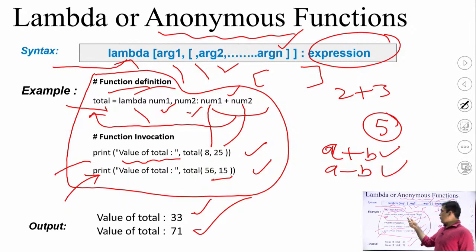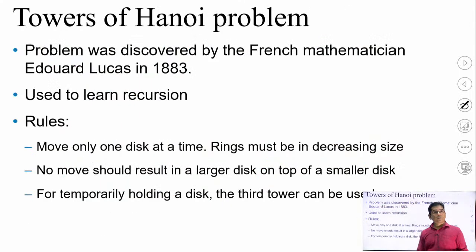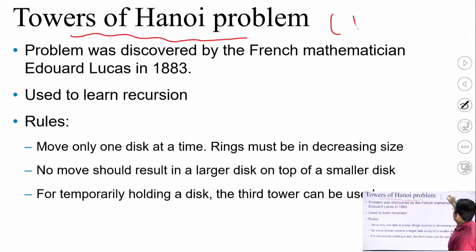Then the values have been passed, and the expression has been returned as an output, which is stored in the variable, and we get the output as 33 and 71. Okay. This was all about the lambda function or anonymous function. Now we will discuss one very important problem, the Tower of Hanoi problem. It is based on recursion